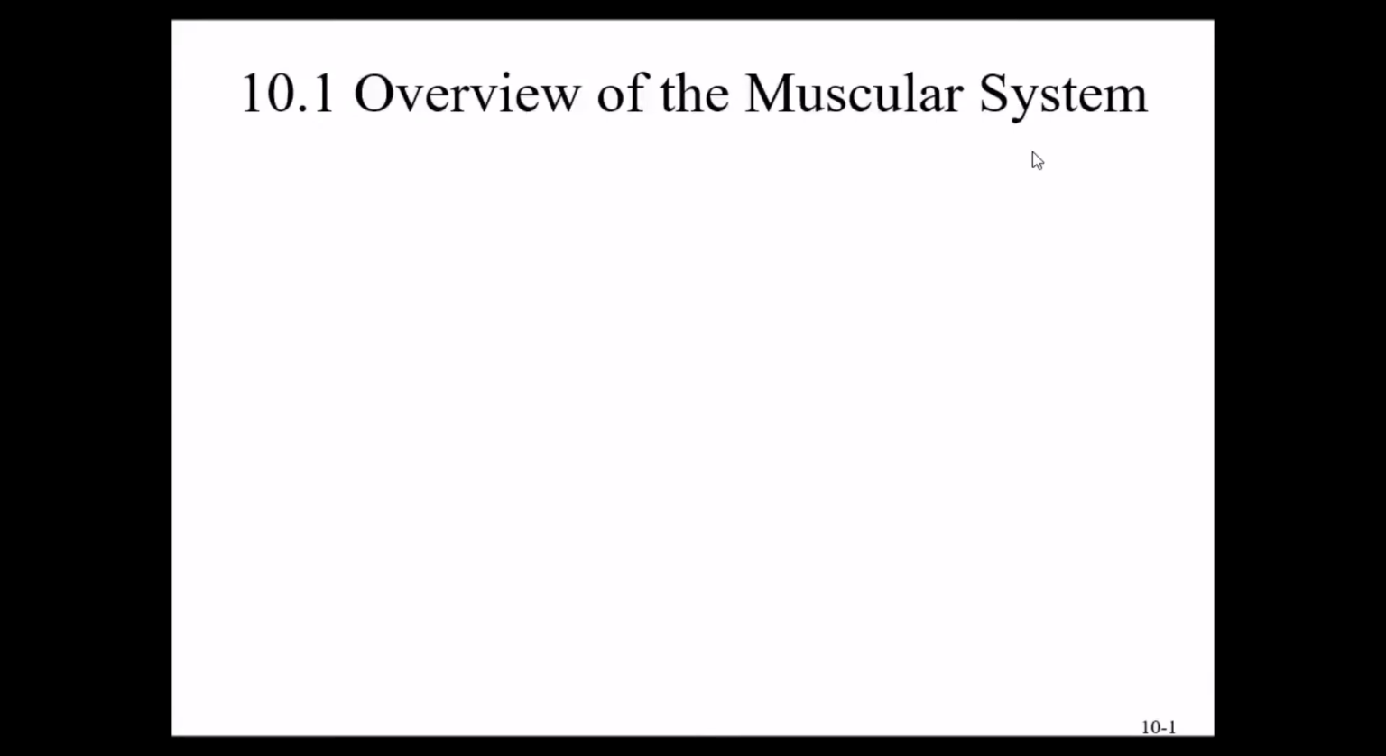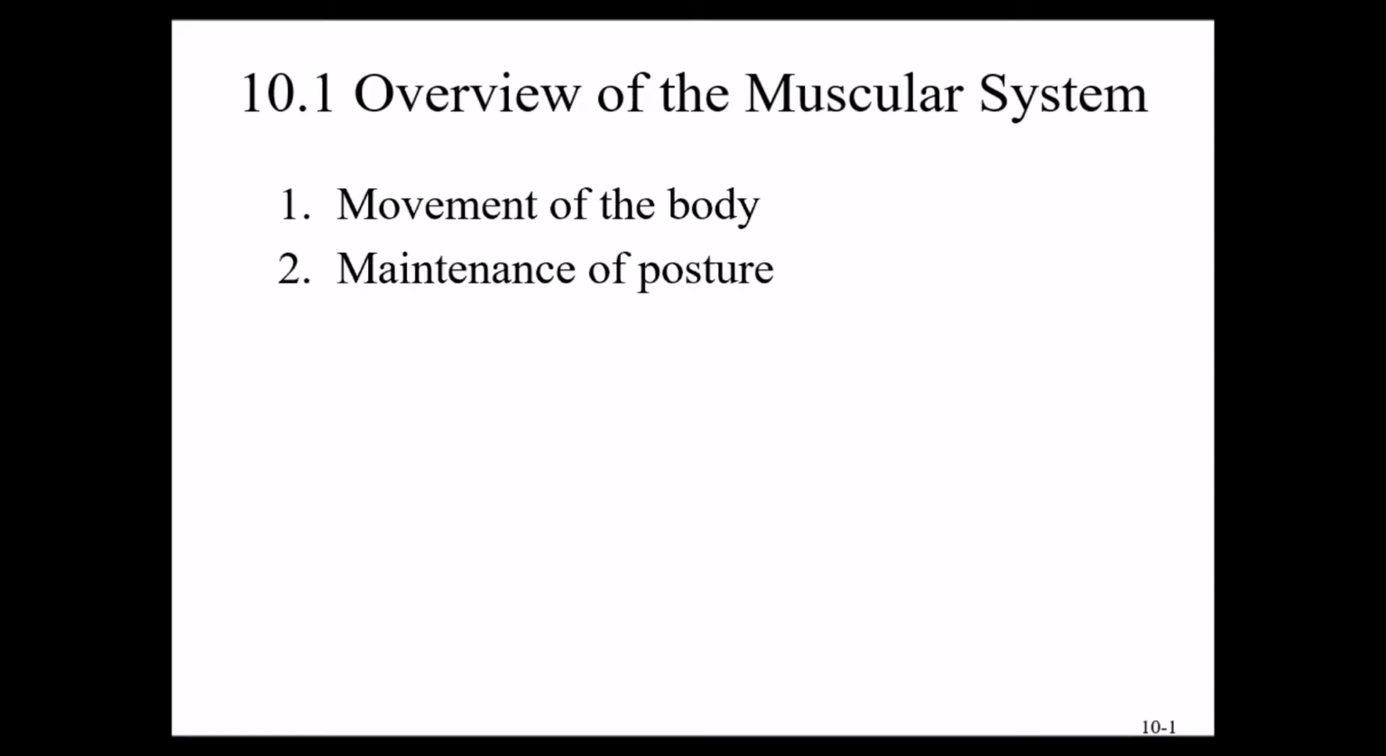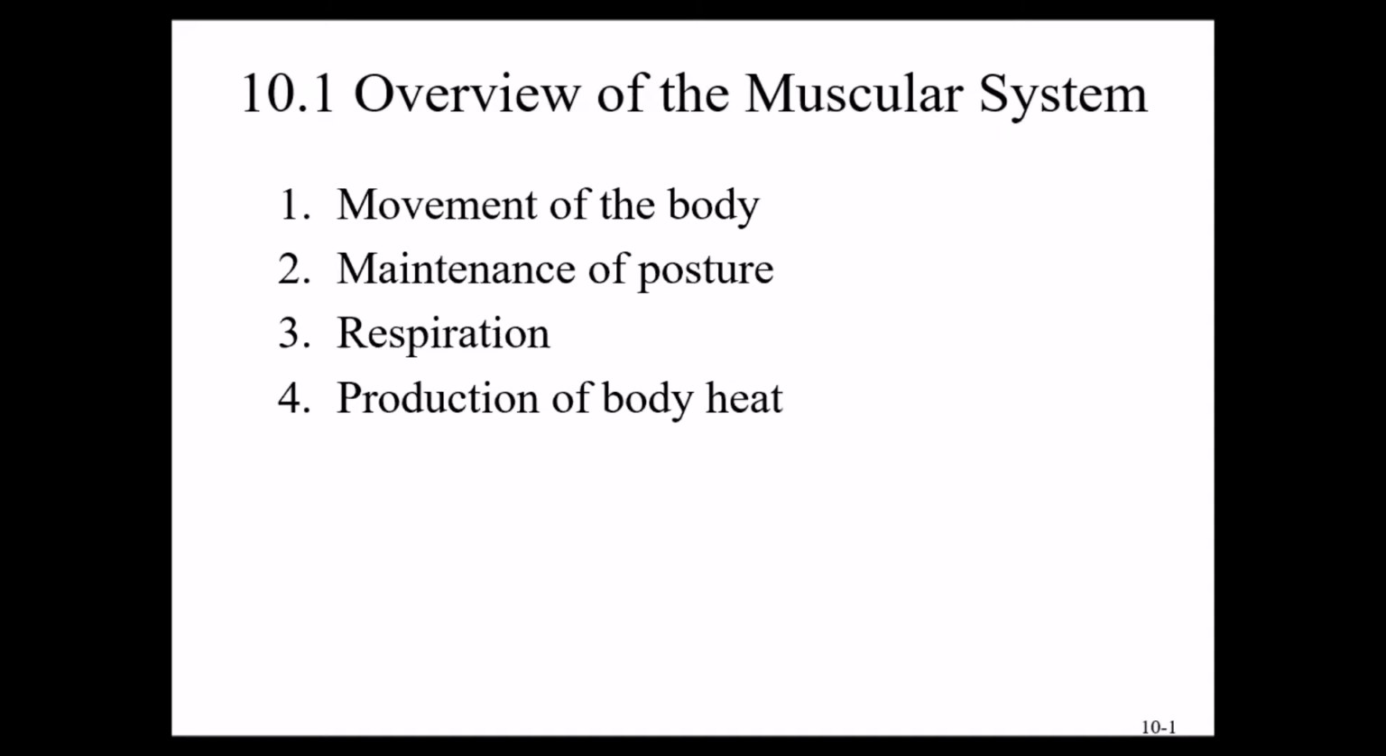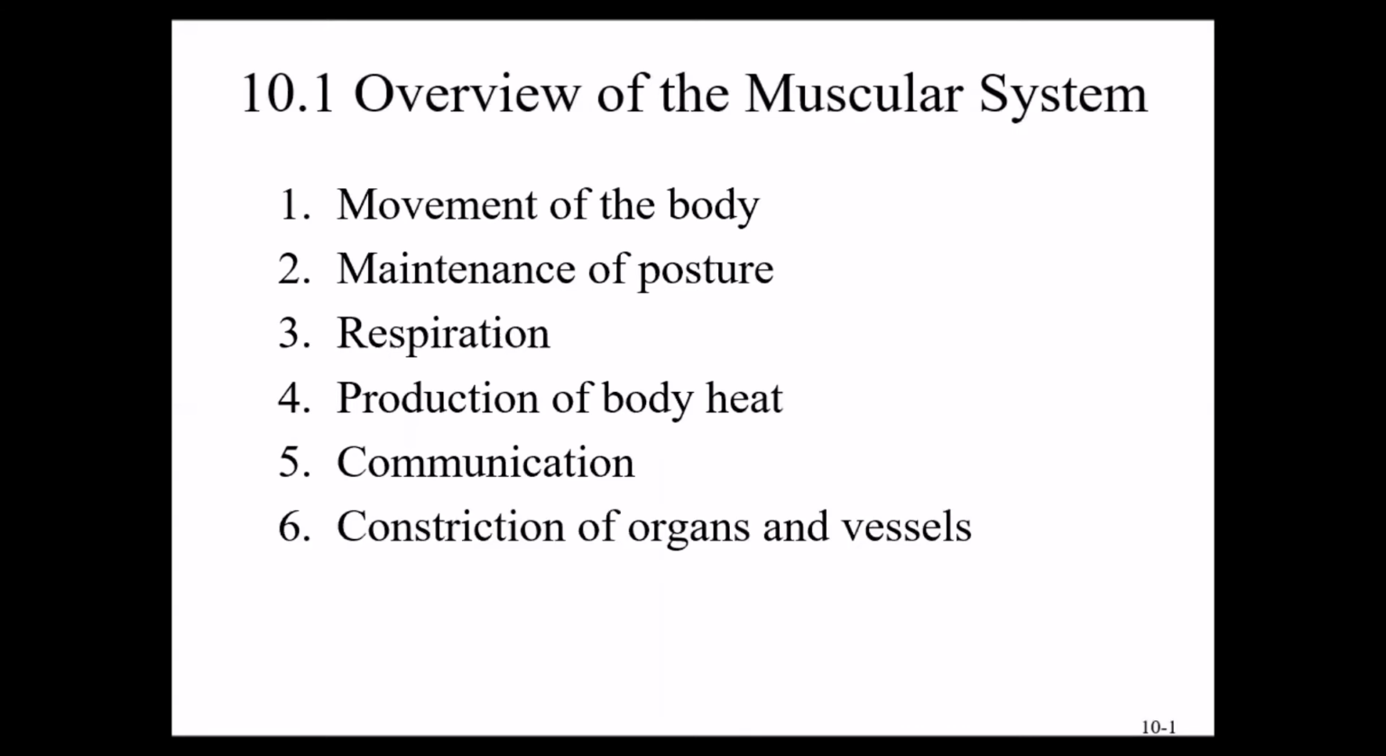Chapter 10, we're going to be looking at muscle physiology. And so we'll begin with section 1 on just an overview of the muscular system, including some of the major functions, such as movement of the body, maintenance of posture, respiration, muscles that allow you to breathe, exhale, and inhale, production of body heat, communication. You need muscles to move the body for communication, for using muscles in the mouth for communication,